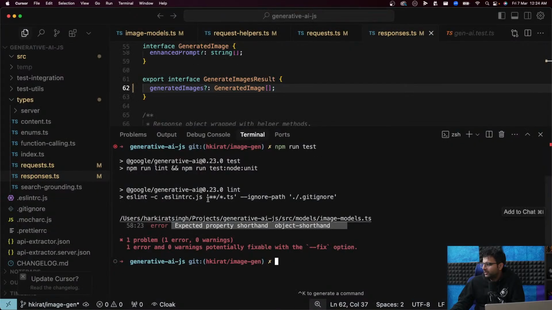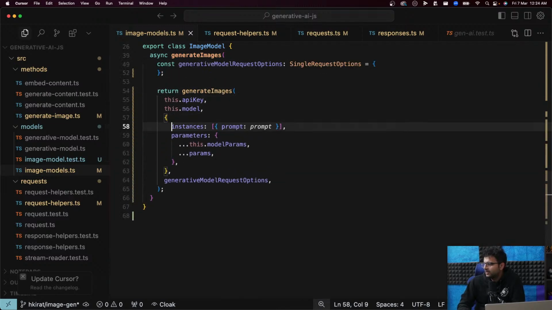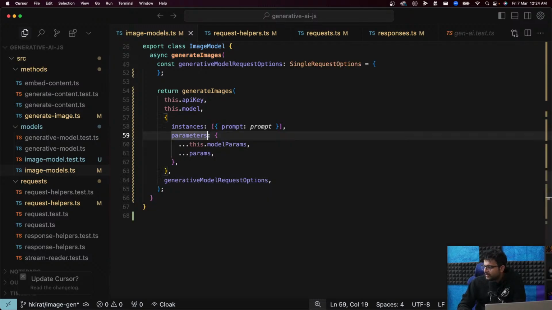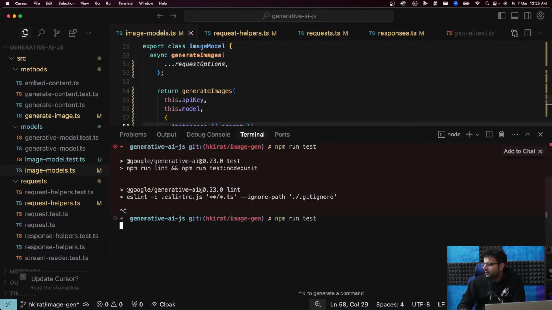A colon, this thing should not be done. I don't know where I've done that though. Where have I used shorthand or not used shorthand? Expected property shorthand line 58. This one right here. There you go. Cool. This time should work.